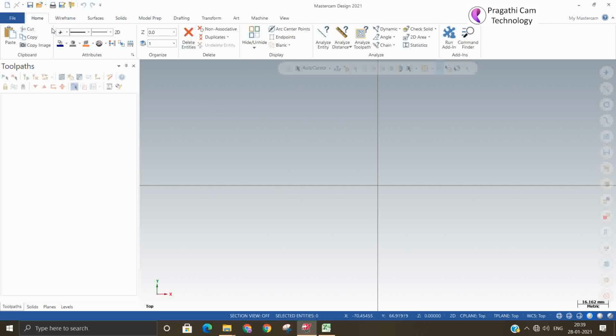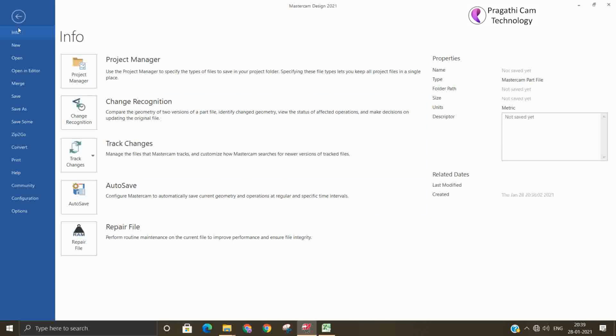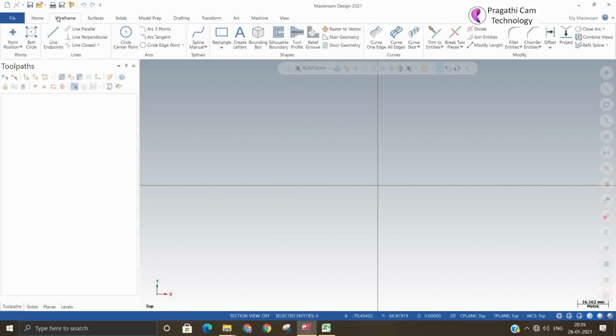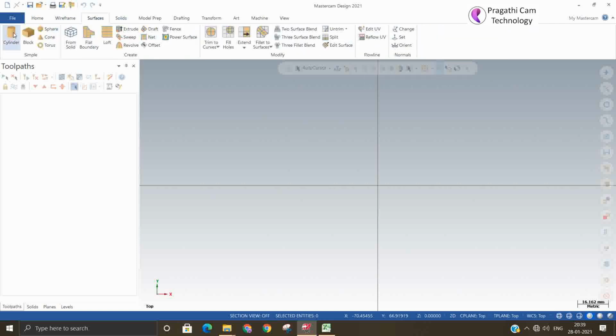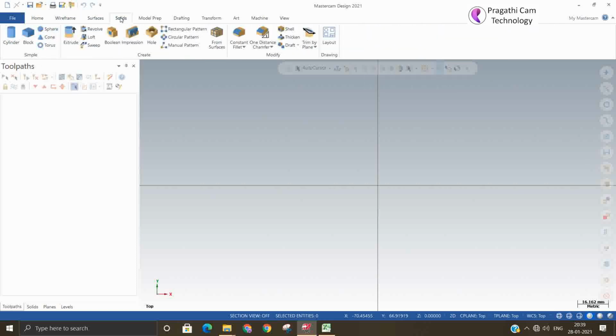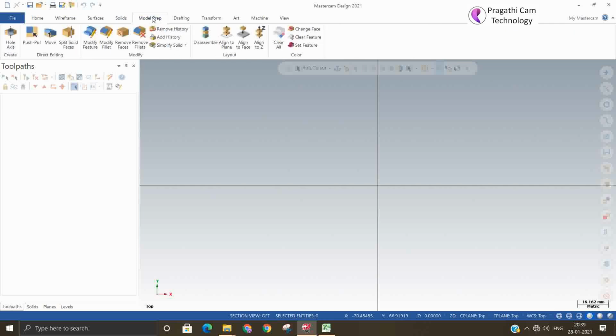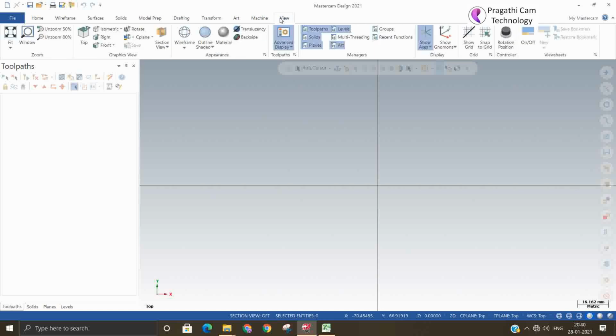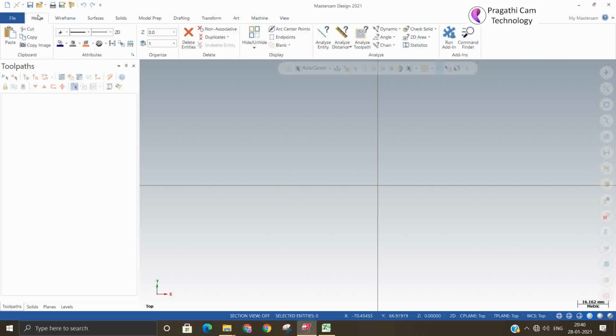First of all, we'll see the file menu, home menu, wireframe menu, surface menu, solid menu, model preparation menu. Just by clicking on that you can see there are many menus, and these menus are customizable. We are going to see them one by one.